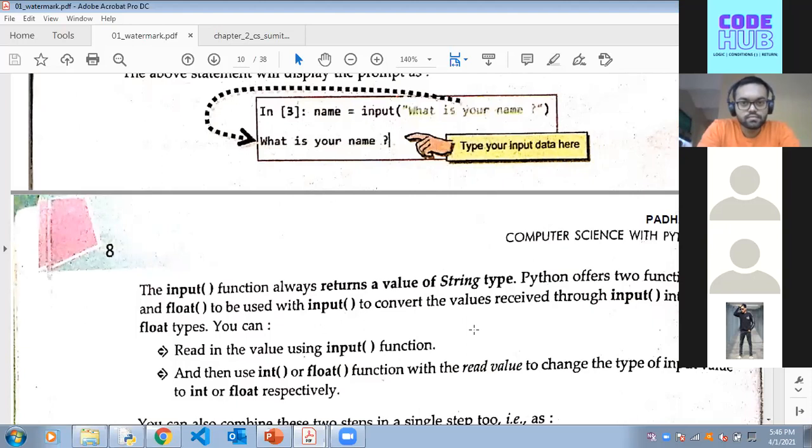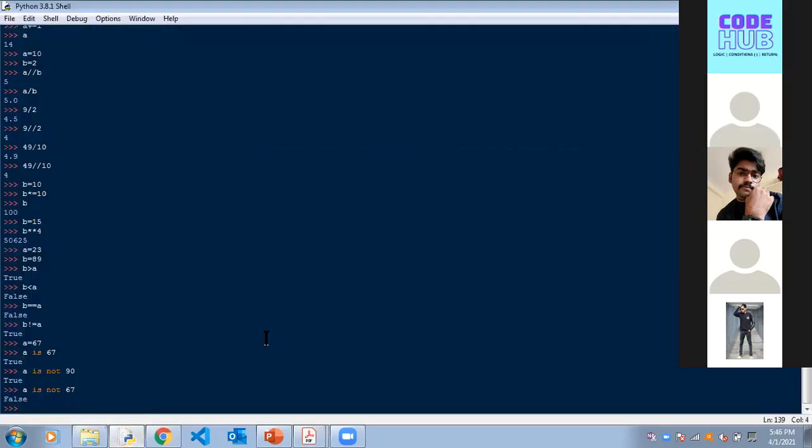Okay, what about others? Ma'am, what if we use two operators at a time, like multiplication and division, or addition? Yeah, that is called an expression. That's what I told you. I'll show you that. I write A is equal to 12 plus 45.